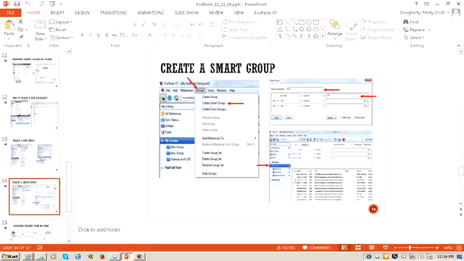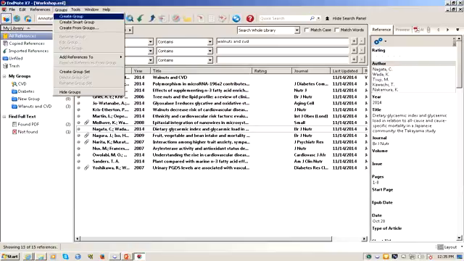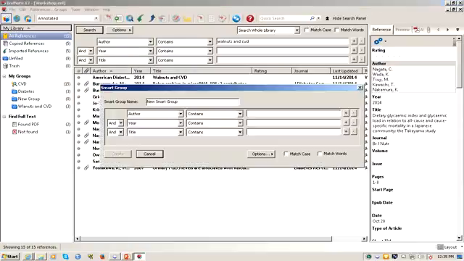So create a smart group. This one is for when you have many articles, 100, 200, 500 articles, and within those references you're doing research on diabetes or something, so you want to find those references that talk about diabetes, for example, or cardiovascular disease, and you want to only choose those ones. You don't want to go through all the articles in there, so you just want to choose a specific one. So the way you create it, you go to groups, create smart group, you click on it